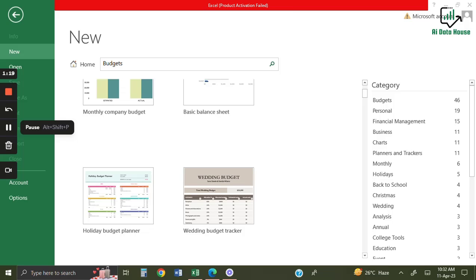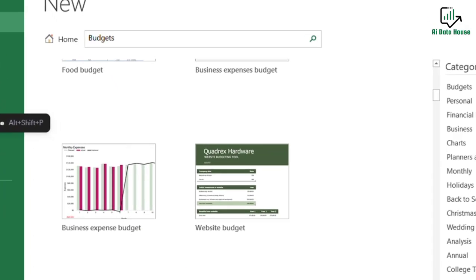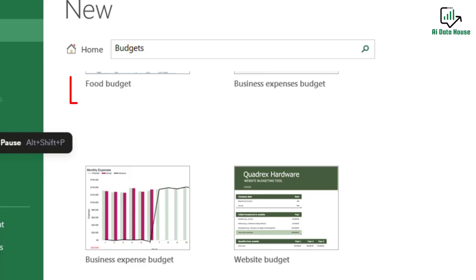Now there are multiple templates. For example, holiday budget plan. If you're going on a holiday and you have to record all the expenses, so this template would be the most suitable. In the same way, we have another template, wedding budget tracker. If you have to keep record of the expenses which have occurred to your wedding, then you would be using this template. Now you can see multiple more templates like food budget, business expense budget,